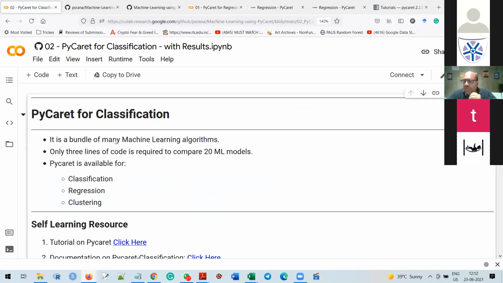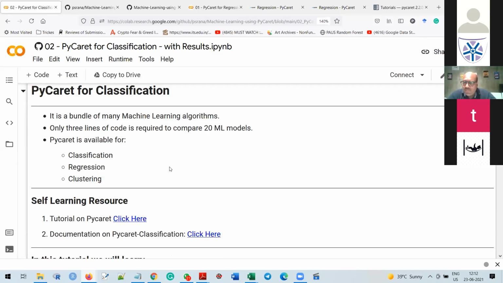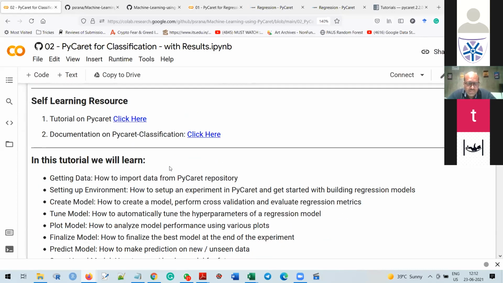Before moving forward, let me explain what classification is. Class, if my target column contains discrete values, then that data set is considered for classification. If the value is only 2, either 1 or 0, it is considered binary classification. If more than 2, it is considered multi-class classification. So this is all about the classification part.